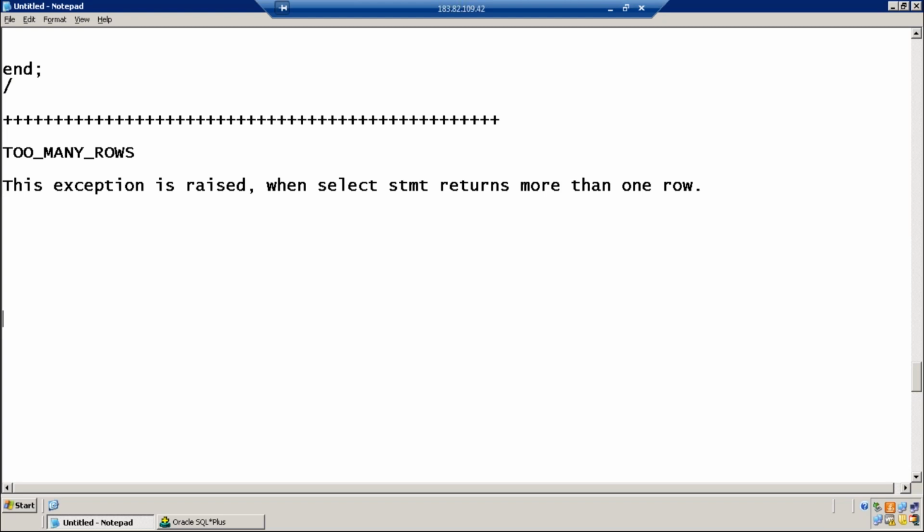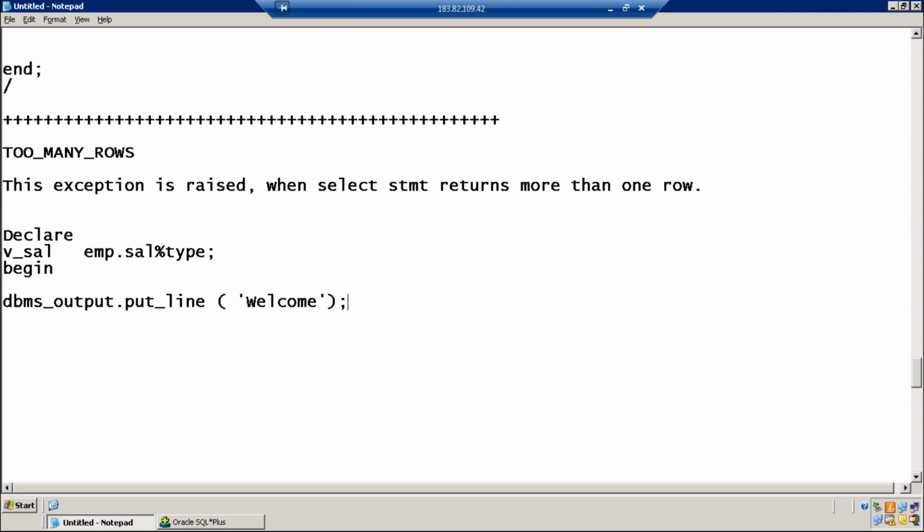Example, the same example. First line is a welcome line. Next, write a select statement which returns more than one row.